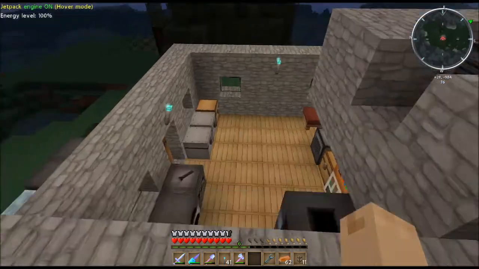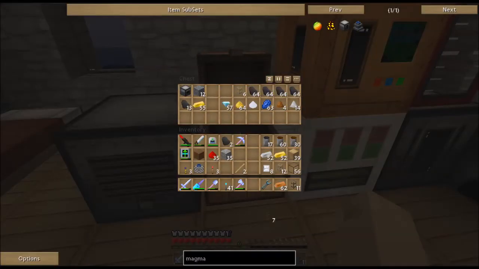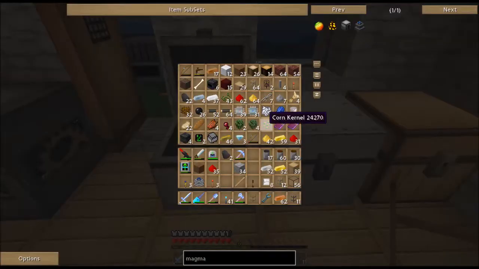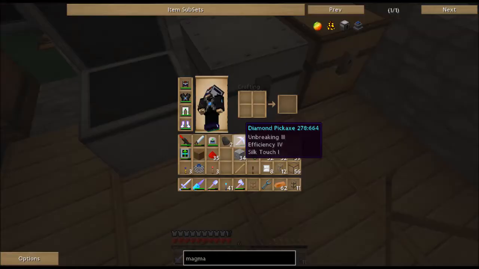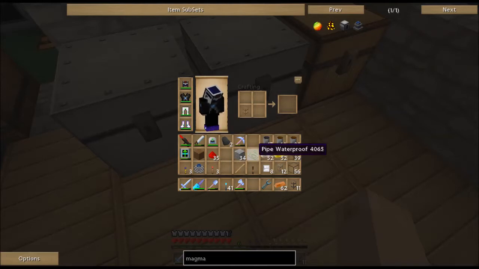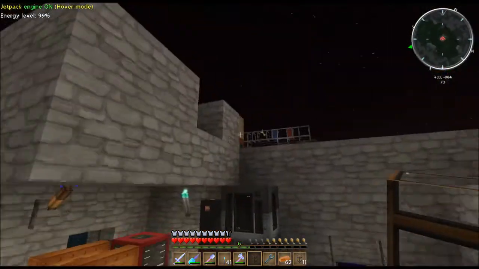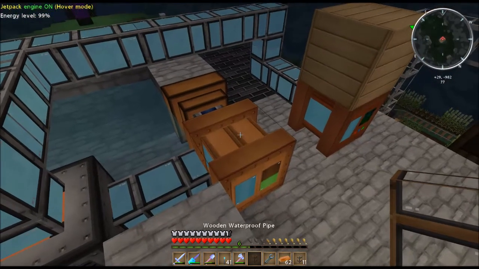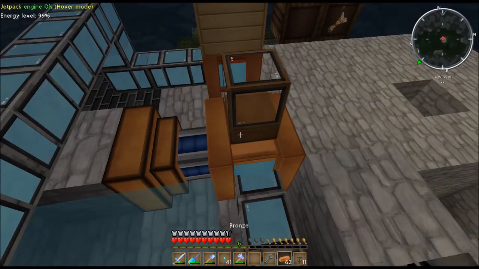Now I need a wooden transport pipe. I'm going to need a lever for my engine. I'm going to need some waterproofing. I have plenty of waterproof cobble pipe already, but I need some waterproof wooden transport here. Yep, right here. Okay. And so then what I will need is something to pump out, and then